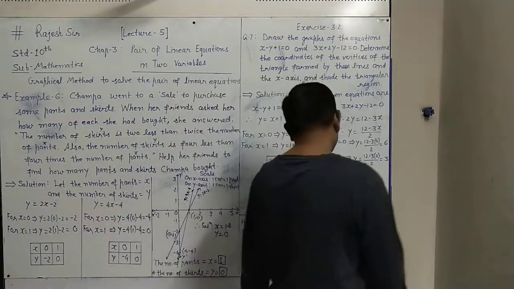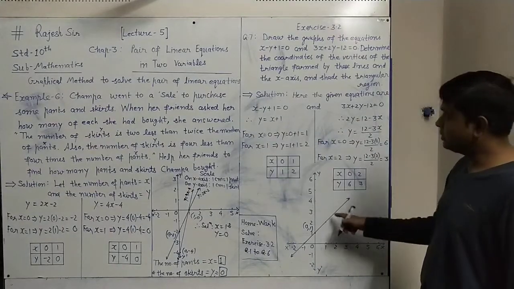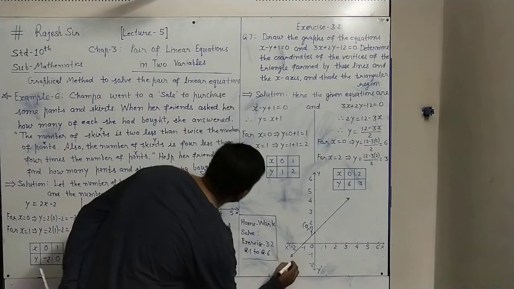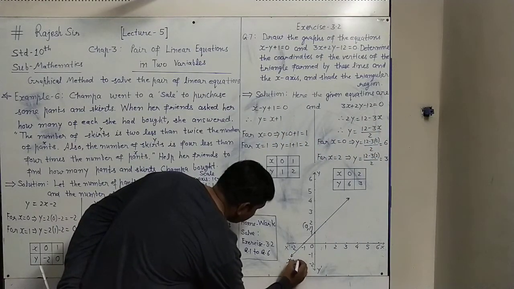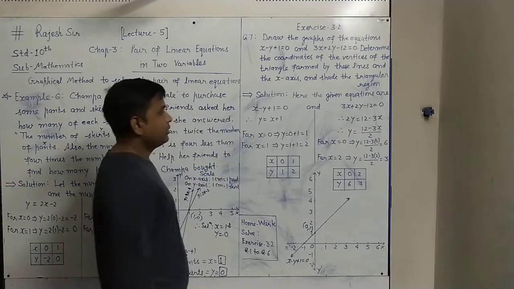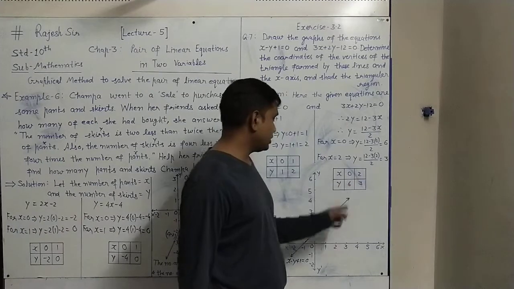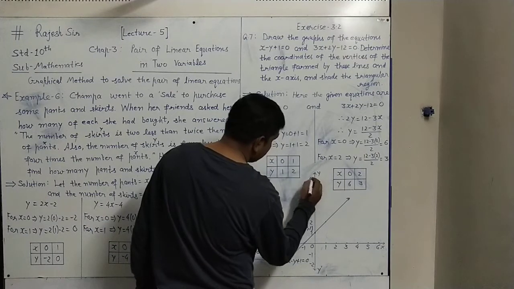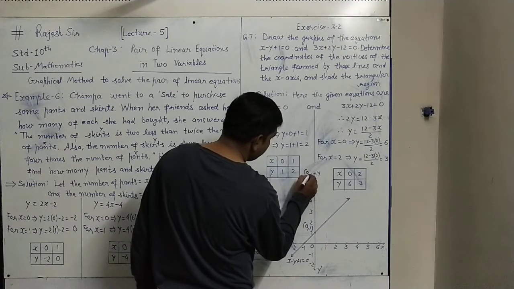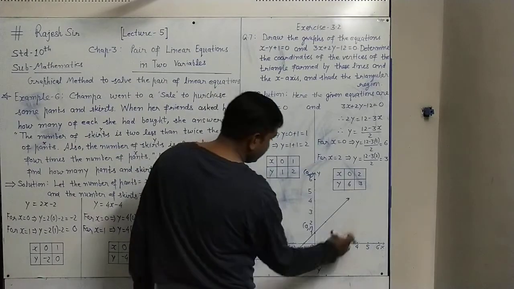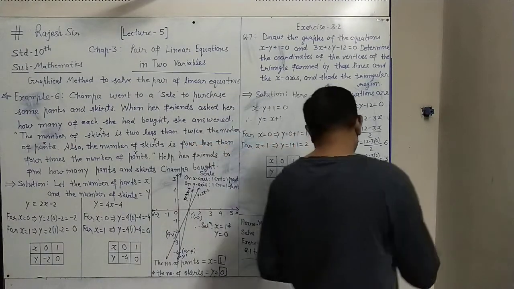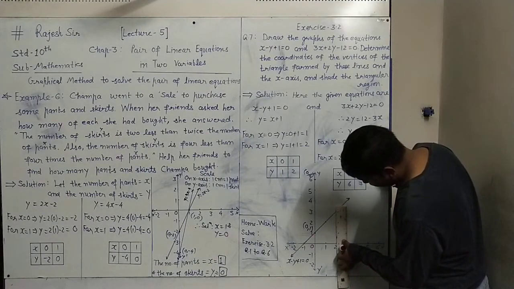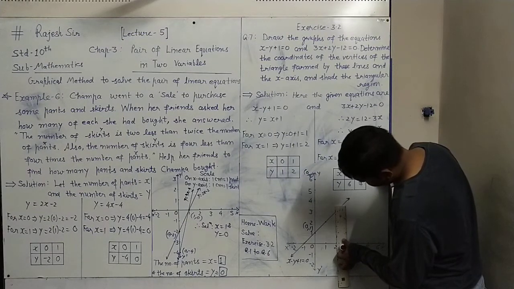Right? This line represents this equation y equal to x plus 1, or x minus y plus 1 equal to 0. So at any corner here I will write that this line represents x minus y plus 1 equal to 0. To get the line of the other equation, we follow this way: x 0, y 6 is this point. This is the (0, 6) point. Next point is (2, 3). Carefully you have to draw. You will have the points and lines in your graph book, so no problem will be there.